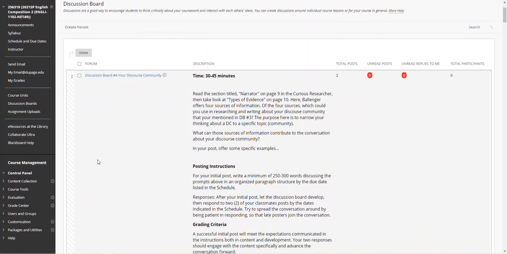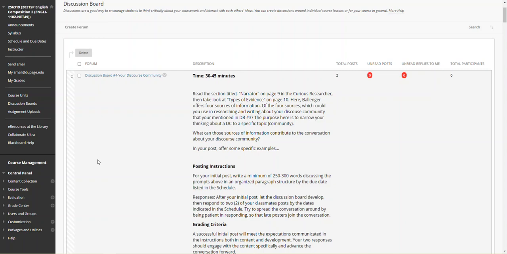I made a few changes here. I said, read the section titled Narrator on page 9 in A Curious Researcher. Take a look at the types of evidence on page 10. Here, Ballinger offers 4 sources of information. Of the 4 sources, which could you use in researching and writing about your discourse community that you mentioned in